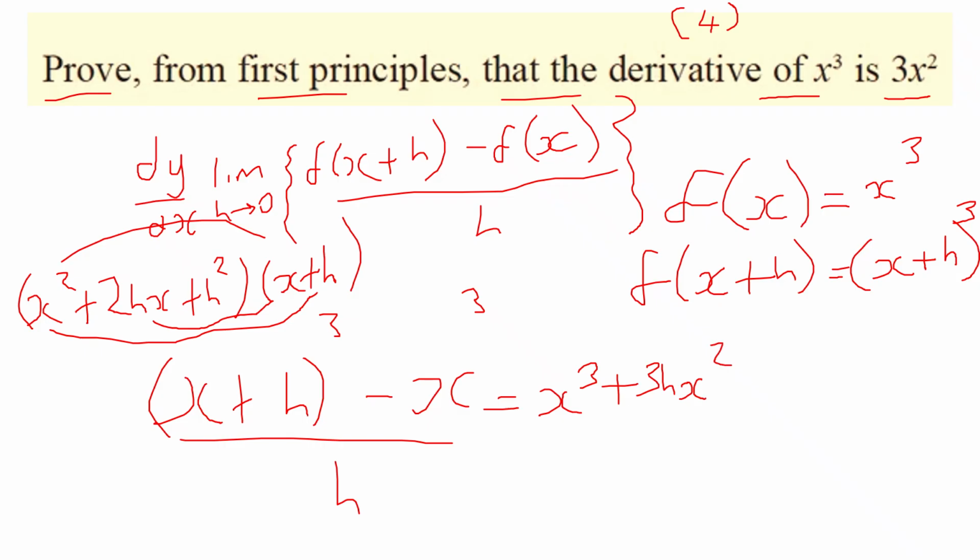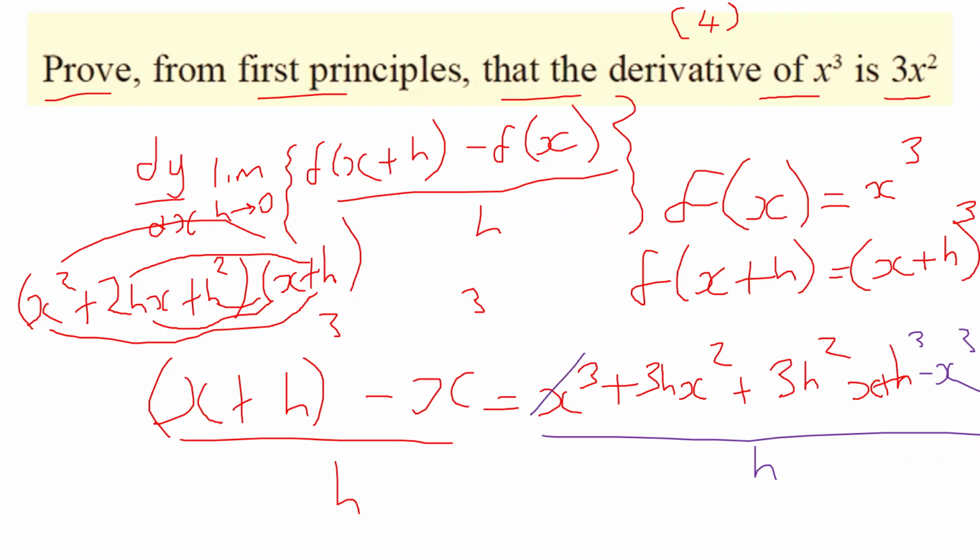Then we've got 2h times h makes 2h squared x, plus another h squared x, that'll be 3h squared x plus h cubed. Subtract x cubed, I apologize, all over h. I can obviously cancel that with that, so the x cubed is gone. I've got 3x squared h plus 3hx squared plus h cubed,